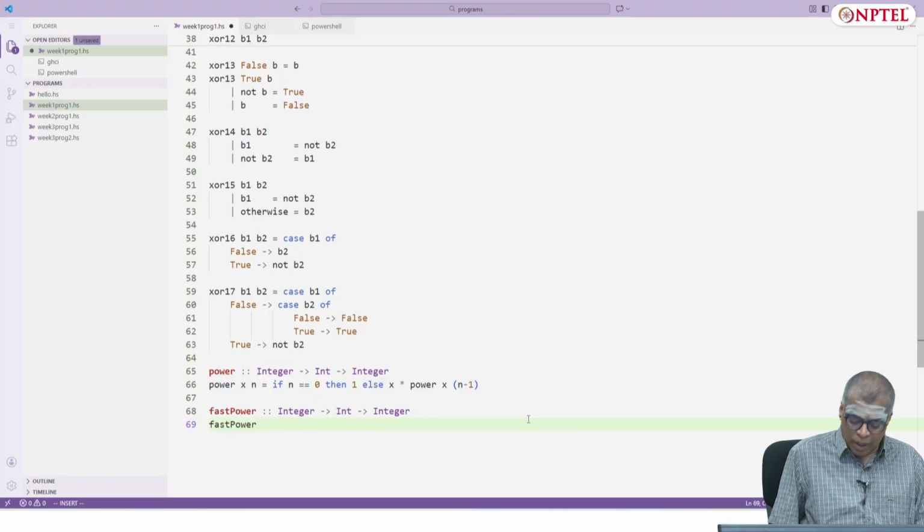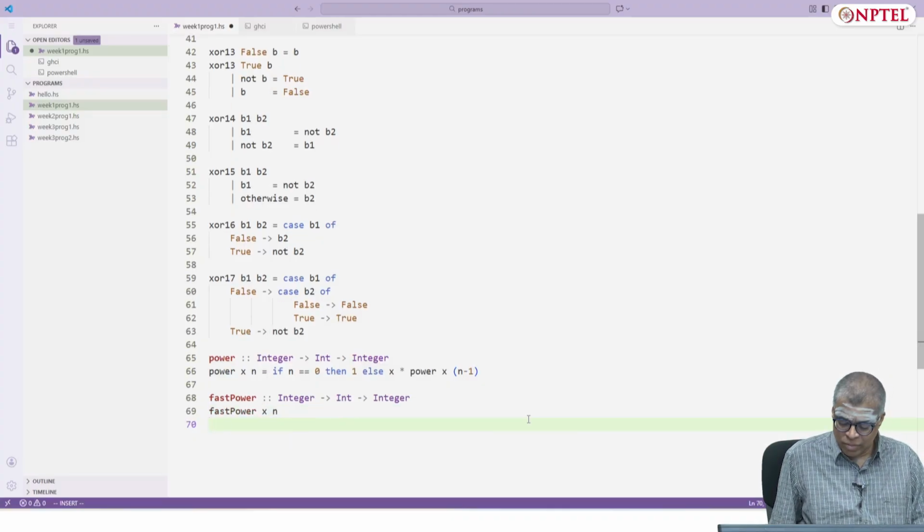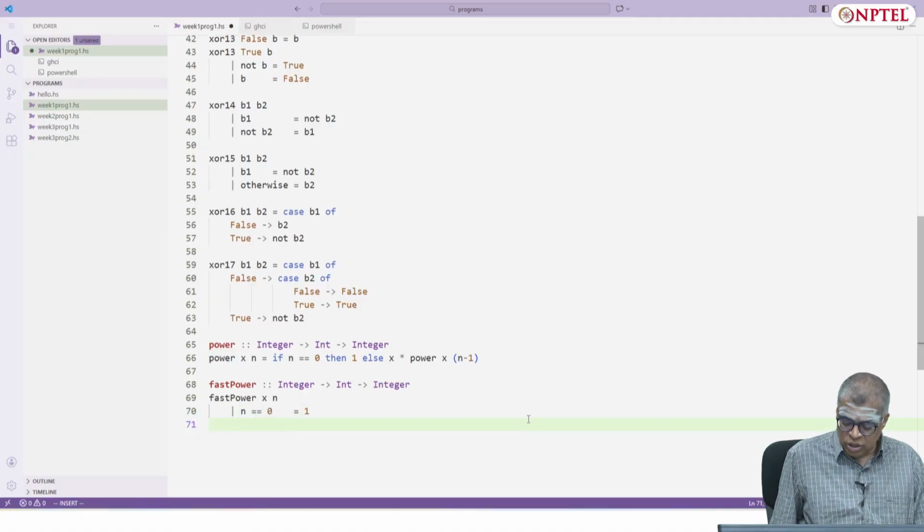Let's try to program this in a different style. I'll use guards now. When you add these guards, you have to indent properly. So I'm checking if n is equal to 0. In that case, my value is 1. Otherwise, I want to check if n is even.